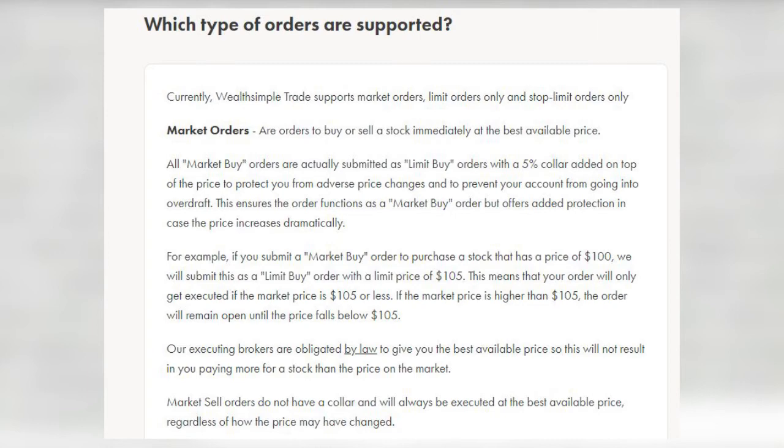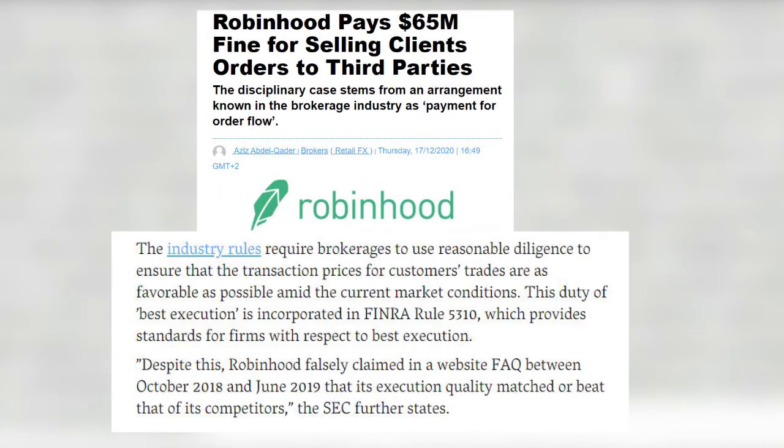If you recall that $65 million fine levied on Robinhood by the SEC that I mentioned earlier, part of Robinhood's misconduct there was that Robinhood was claiming that it was executing customer orders at prices that matched or beat other brokers in the market. But the SEC found that this was false and that Robinhood was making customers lose money even more than what it was saving them by charging them $0 commission fees. So Robinhood was violating this obligation for best execution for its clients, the equivalent under US regulations of FINRA Rule